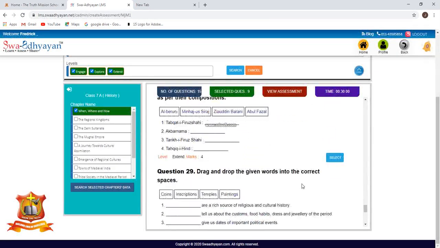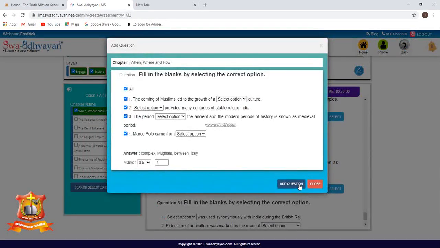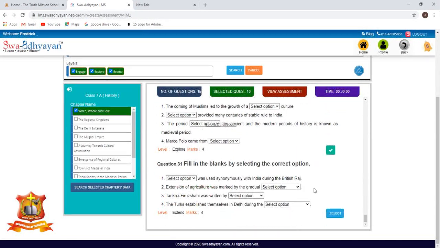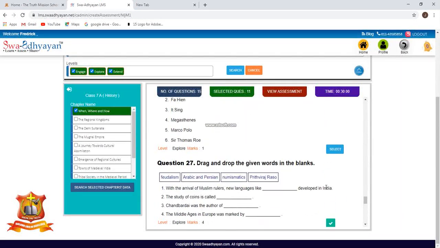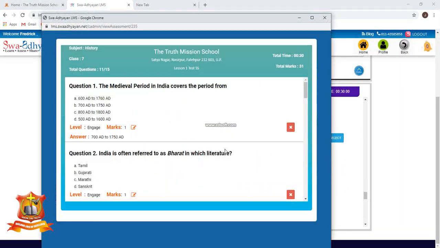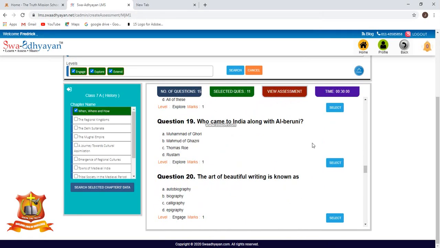Okay, 10 questions are selected, 11. In between you can go and view your assessment also. This will tell you how many marks you have covered. 31 marks you have covered. No problem, the marks can go a little higher because you can edit the marks anyway. So I'll go and select some one word questions.